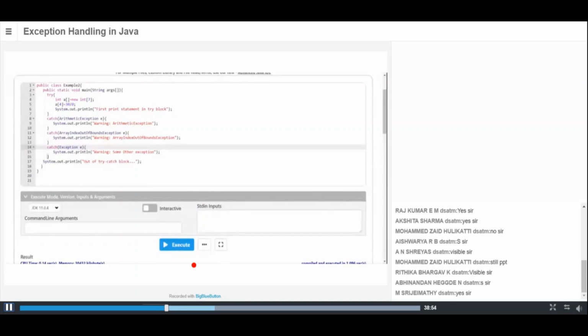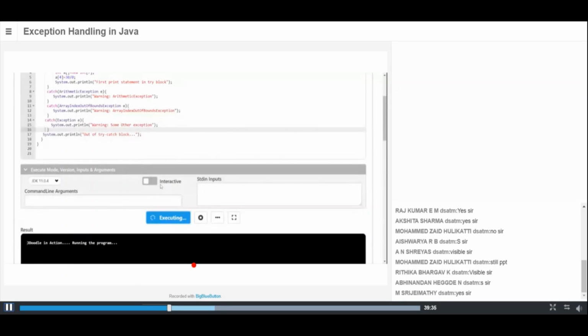It means that even if you don't have this statement, our program still runs. Because my exception is divide by zero, I have already mentioned an exception for it. I know that these types of exceptions can be handled using arithmetic exception, that's why I have mentioned it. Suppose I have any other exceptions, I'll also mention how to handle those types of exceptions. Fine, we'll run this program first. Let's forget about this line for now, no problem; I will explain what happens with respect to that line also.